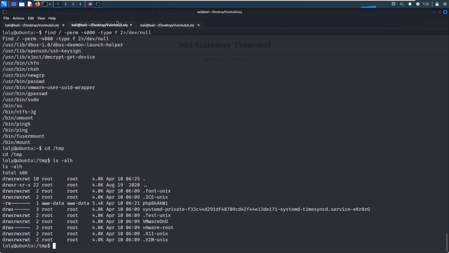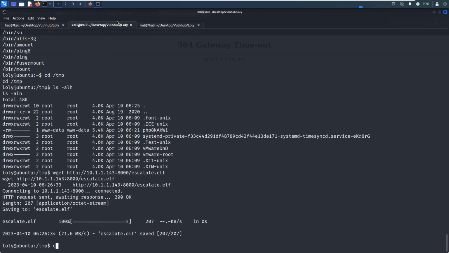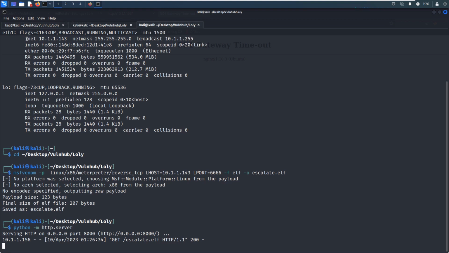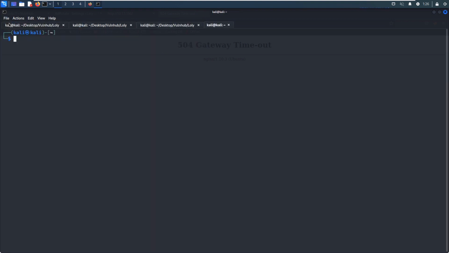And now we can download it. The name is escalate.elf. No problem. Make this file executable. But before we run this file, we need to launch our